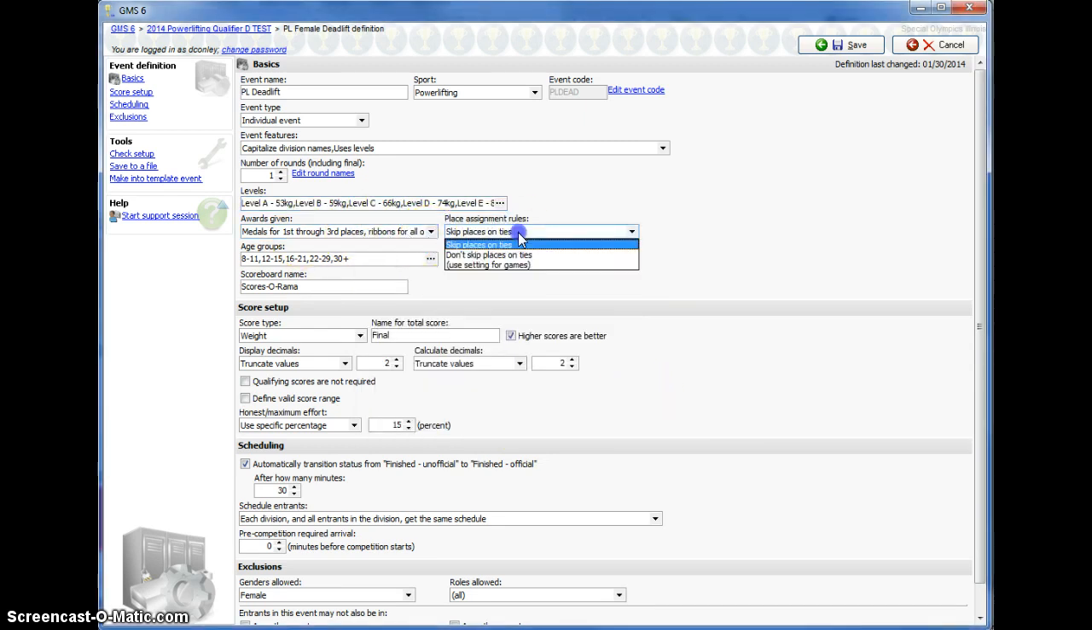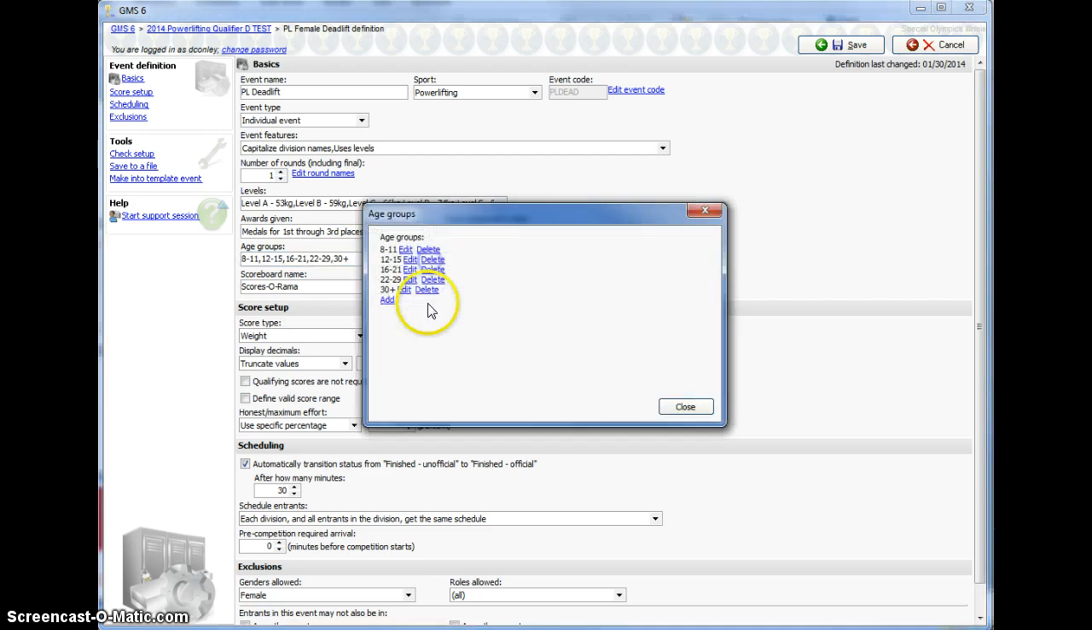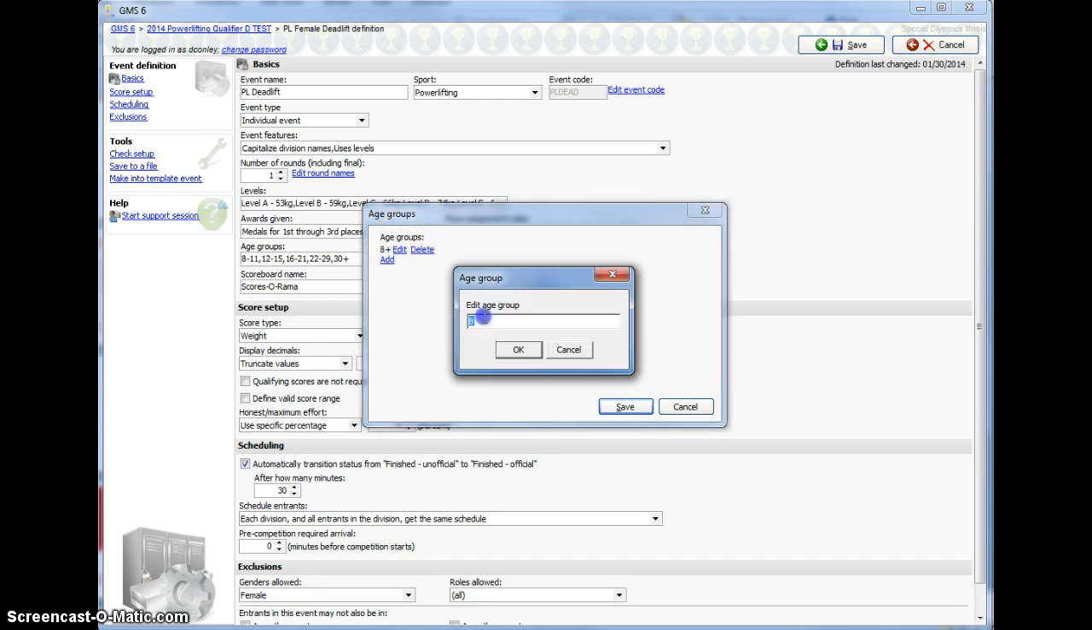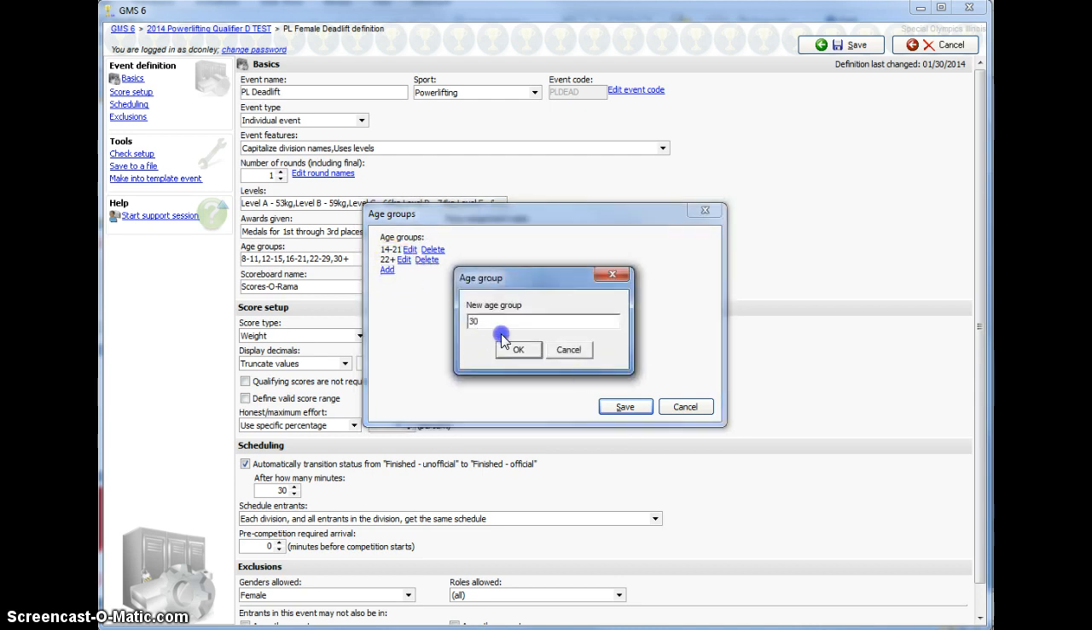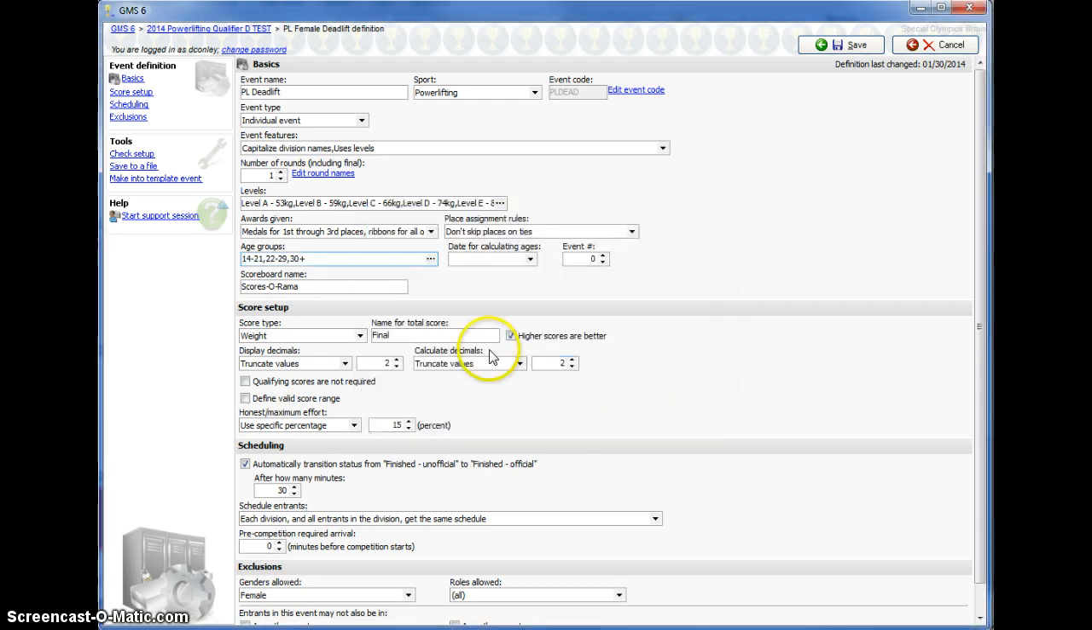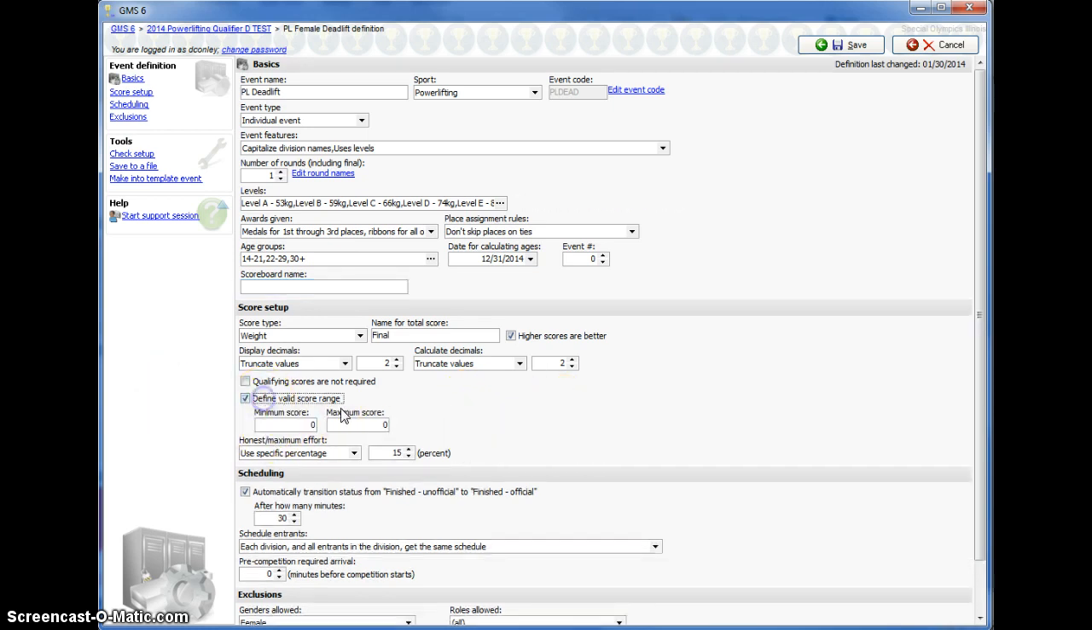Medals, that's correct. We don't want to skip places. And we're going to change these age groups here. So we're going to start this actually at 14. Then I think we went to 22. And then 30. So we'll save that. Of course, our date for calculating ages, December 2014. And get rid of our scoreboard. And let's go ahead and put in our minimum weight of 45, our maximum of 1,000,